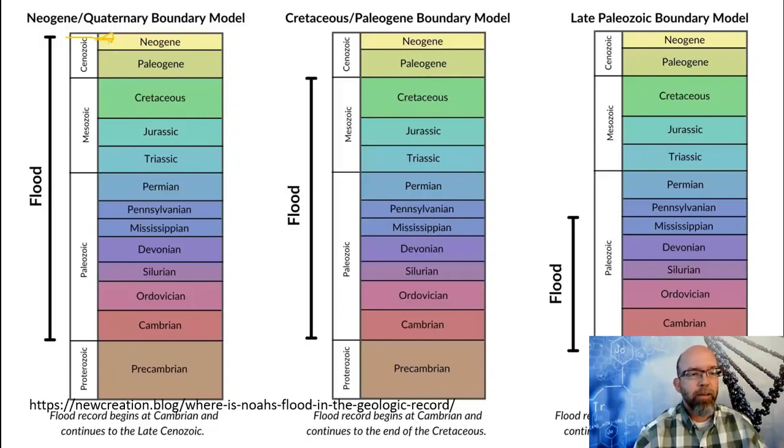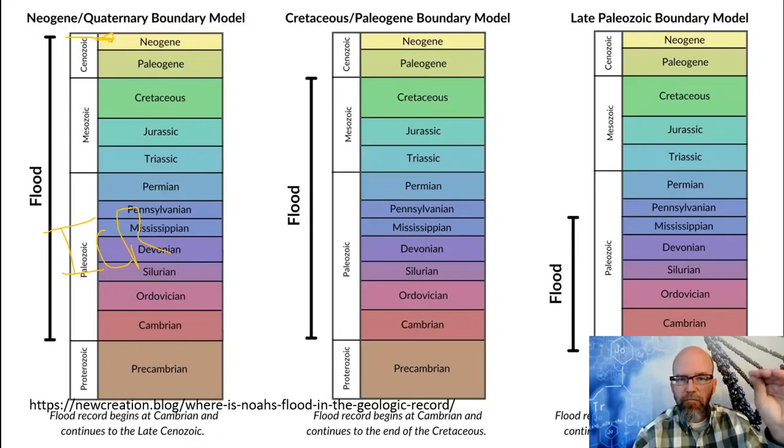Actually, I guess maybe back around to 10 million years. And so what they would say is, and this represents, I'll put it right here, ICR is the major proponent of this. Not that everybody at ICR believes this, but this is coming from the ICR camp. They are proposing that everything from the Cambrian rock all the way up to the Paleogene and into the Neogene